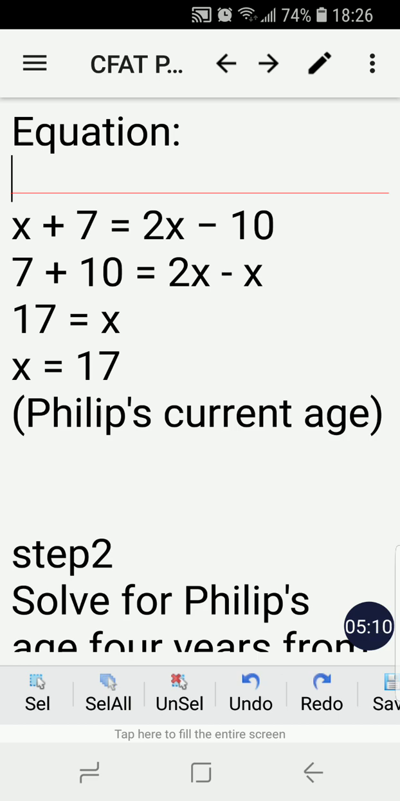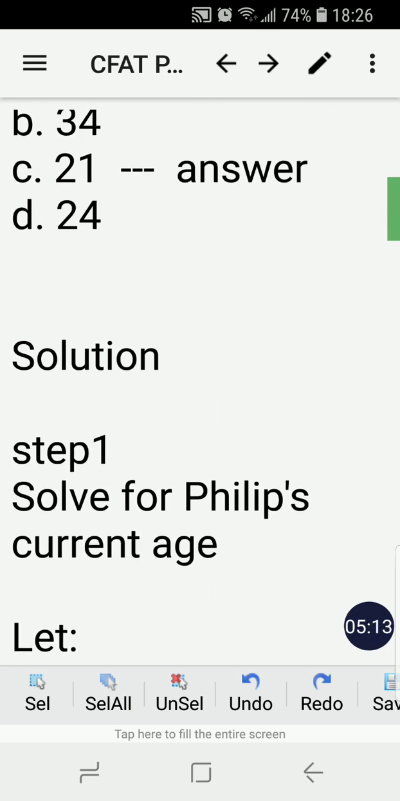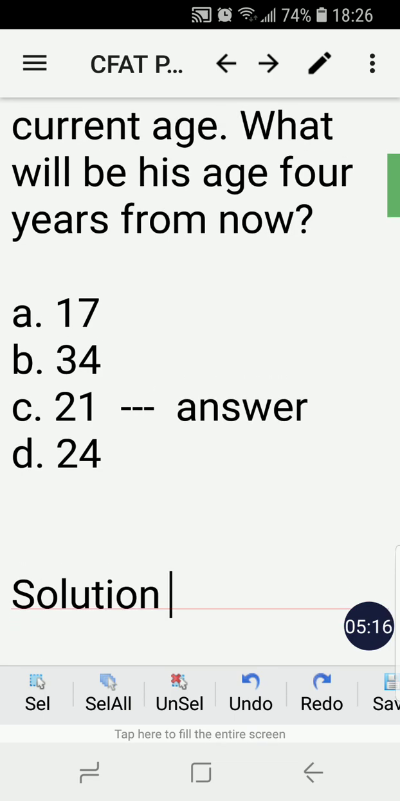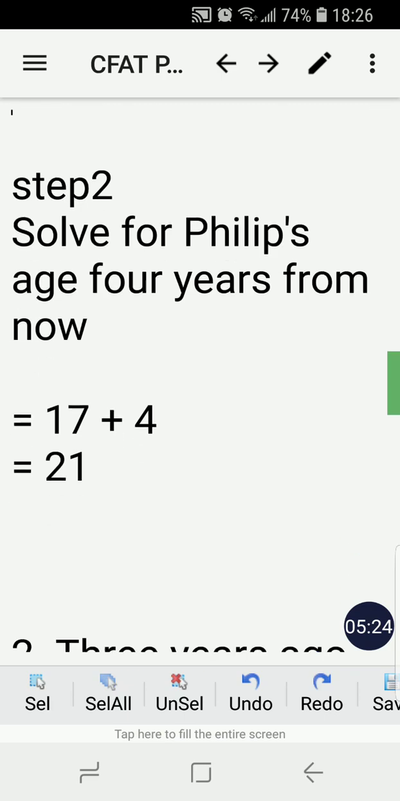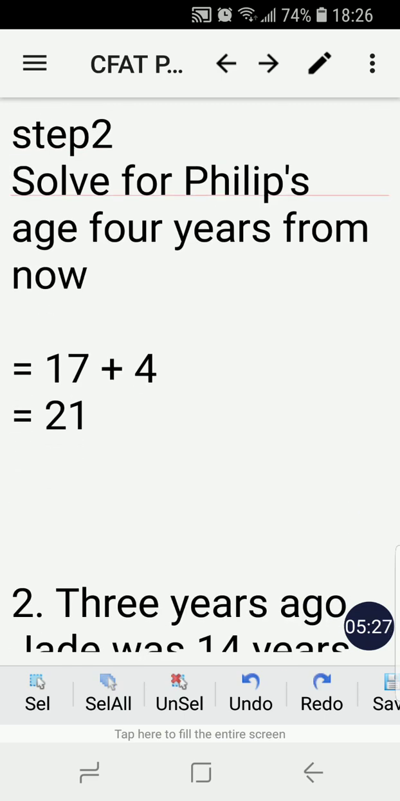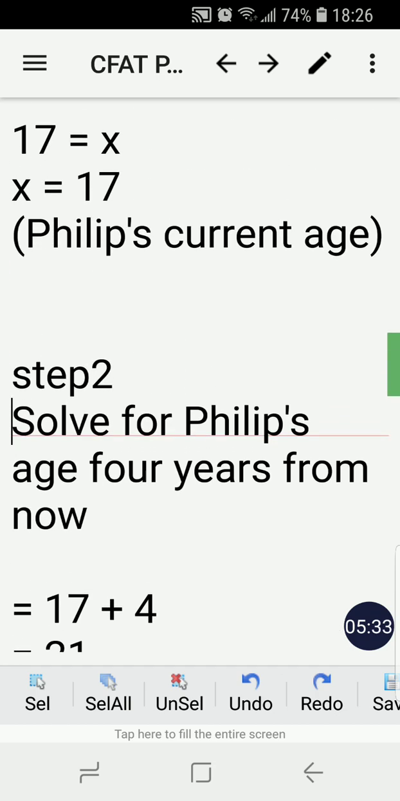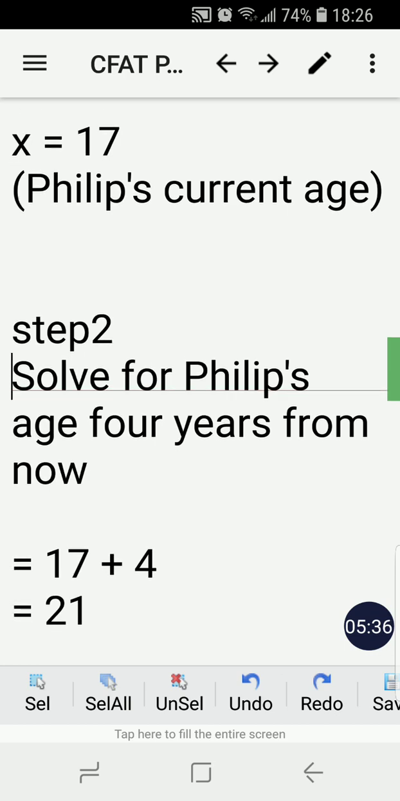However, we are required to solve for Philip's age 4 years from now. So the step 2 now is to solve for Philip's age 4 years from now. All we have to do is add 4 to Philip's current age. We know now that Philip's current age is 17. So we have now 17 plus 4 is equal to 21,